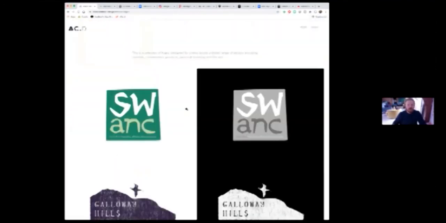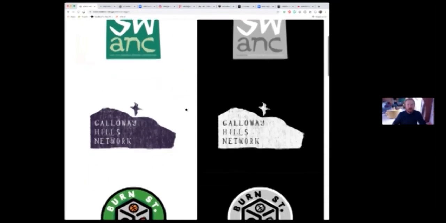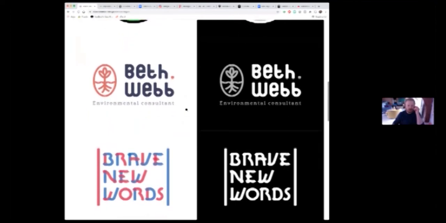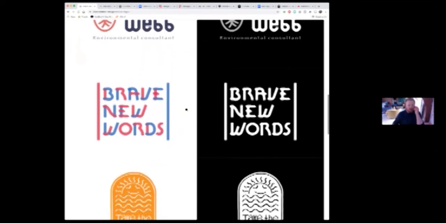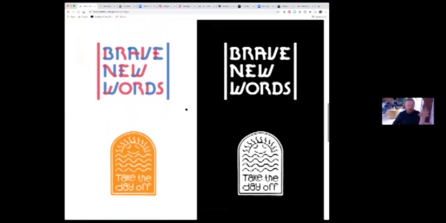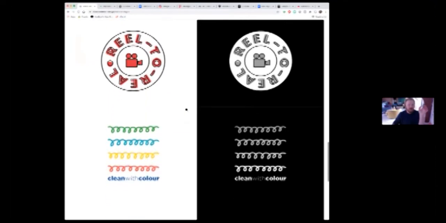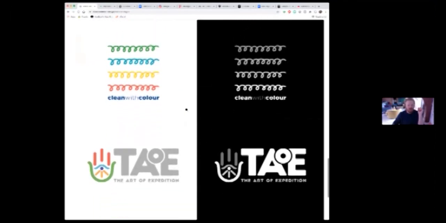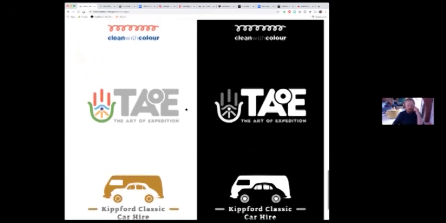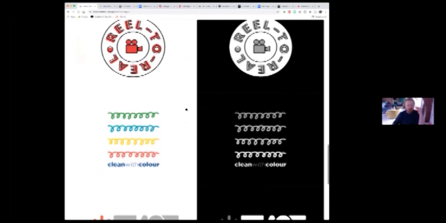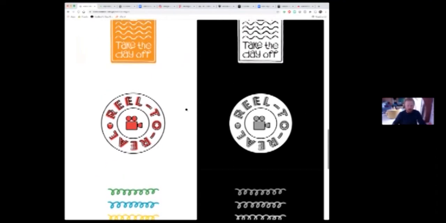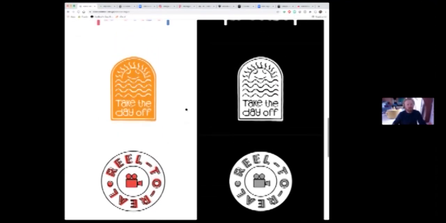So this is a few more logos that I've done through the years, just very different projects, all based on branding, from arts organizations to charities to companies to personal branding. But I think the thing that's interesting, looking through them, is the different styles that run through all the logos. There's none that are exactly the same style,